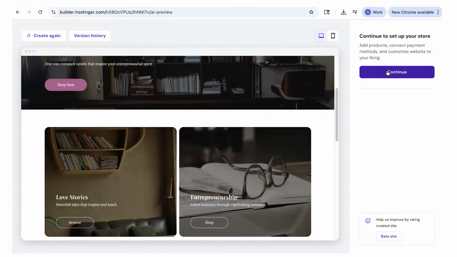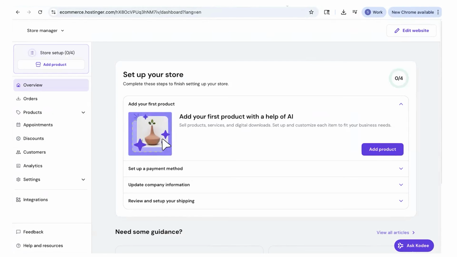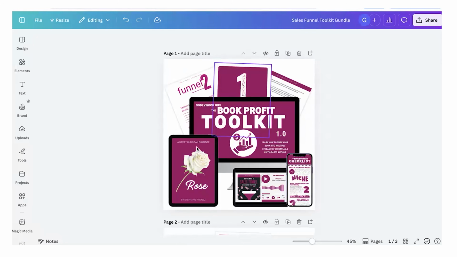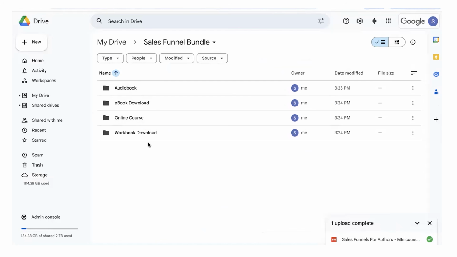So I hit continue. The first thing the AI is going to prompt us to do is to upload our product. So I have created what I'm calling the Rose Bundle. I pretended that this novel shows a woman building a sales funnel as she falls in love. So the bundle includes the sales funnel course, the sales funnel workbook, the sales funnel audiobook, and the sales funnel checklist with the actual novel itself. So I just made this in Canva. You can see these are all individual assets. You literally screenshot it, and then you find a mock-up image right here in Canva, and then you just place your screenshot on there. That's how I made this. And then I downloaded it as a PNG. And this is the offer that I made.